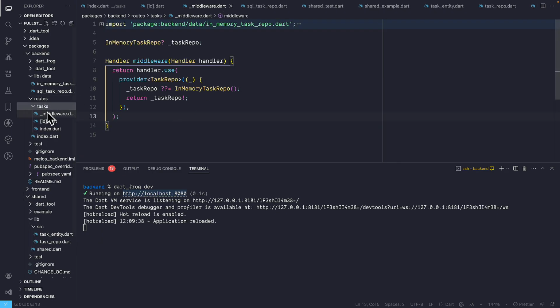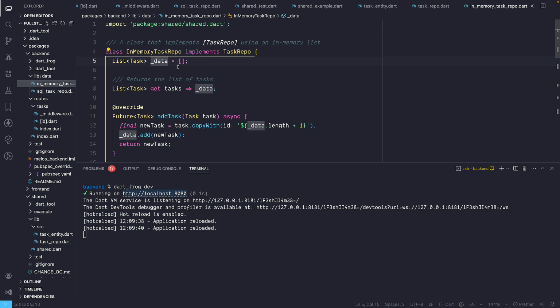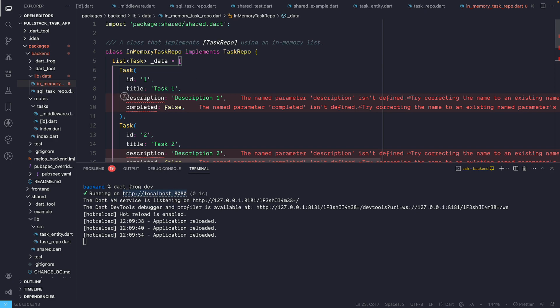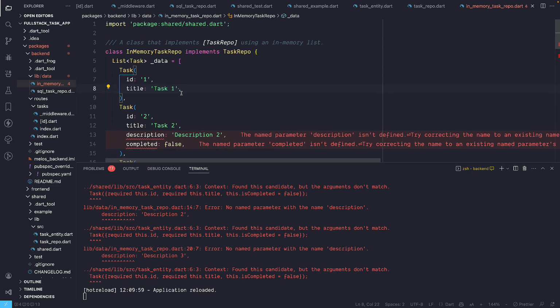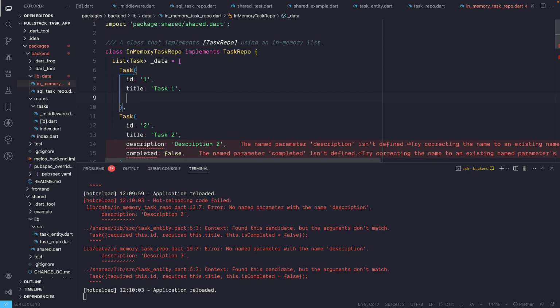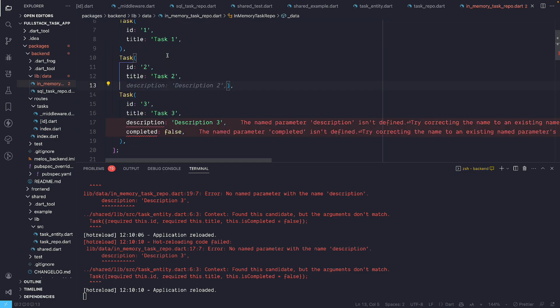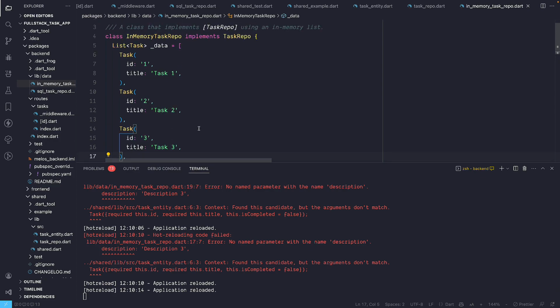Okay, this is fine. Now if I go back, okay, so now you can see an empty list of tasks. So let's say I want to add some dummy tasks, so I can go to in memory. I have this task over here, and I can add some tasks. Not description, bro, don't do that. Okay, is completed. Okay, this is something which we need. So let's say we have some random 3 tasks. Okay, this is what we have. Yeah, this is fine. So we have 3 tasks, and now if I go and refresh,